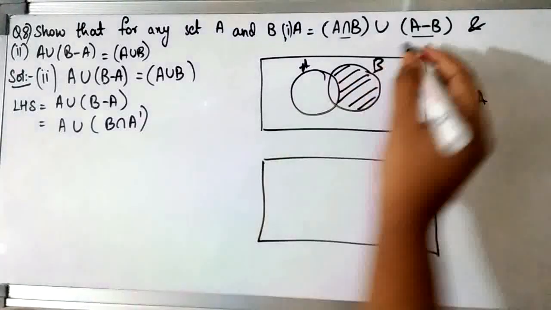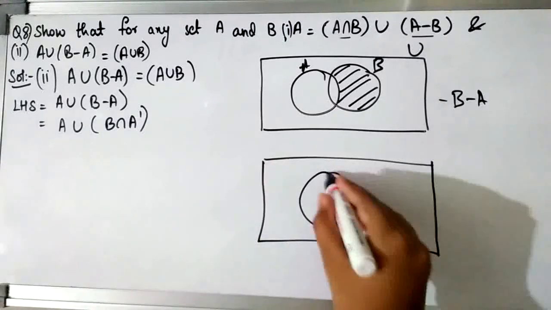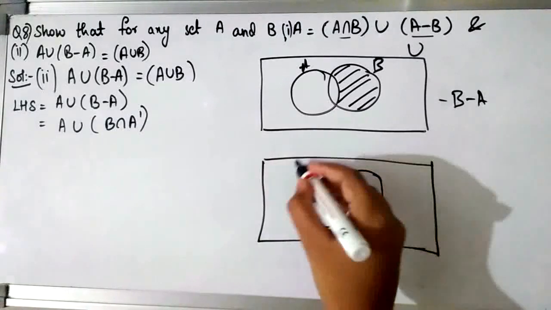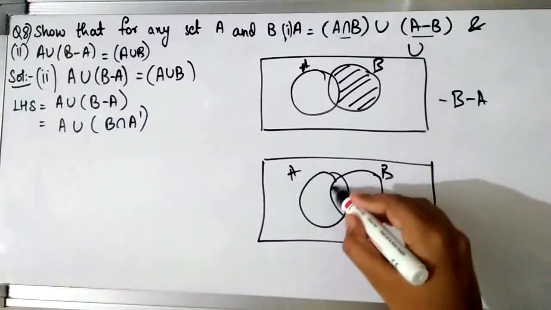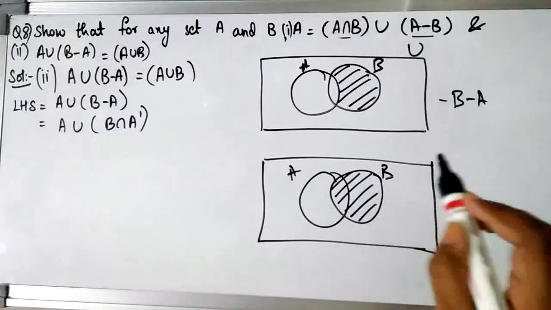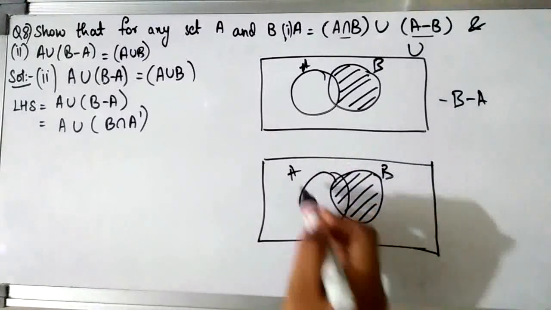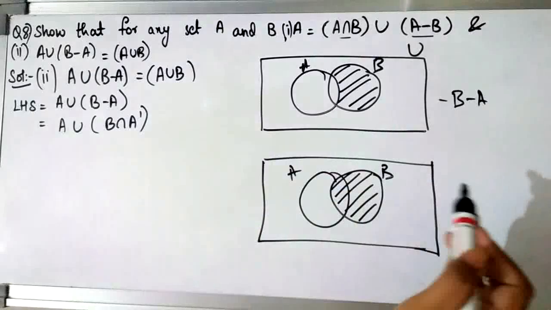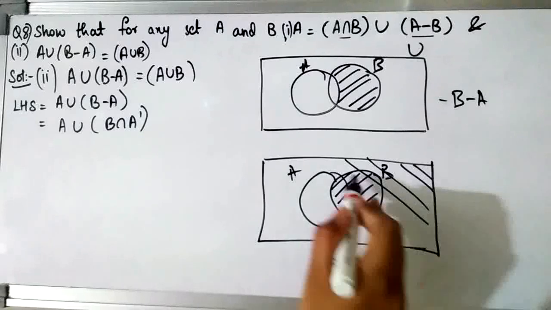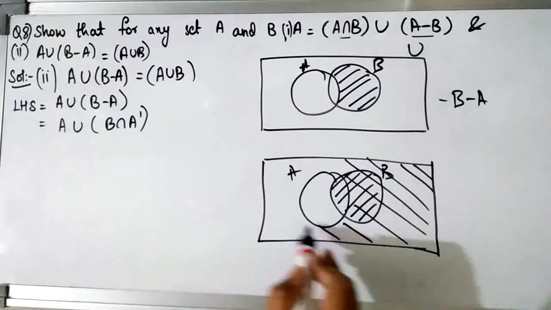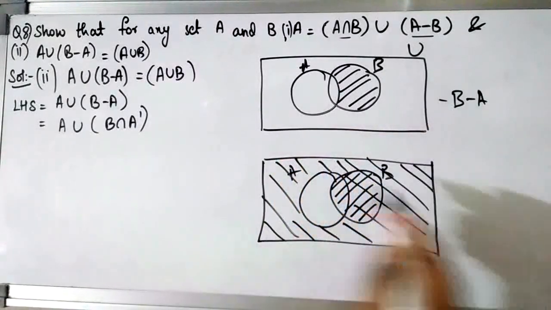Now this is a universal set. Now B intersection A complement. This is our two sets A and B. What will be your set B? Your set B is this region. And A complement: what is A complement? A complement is everything except your set A. The leftover part, that is, except for the circle A, is this part. That is your A complement.